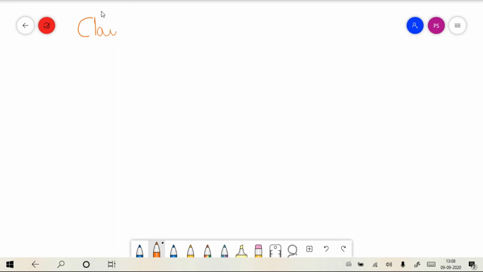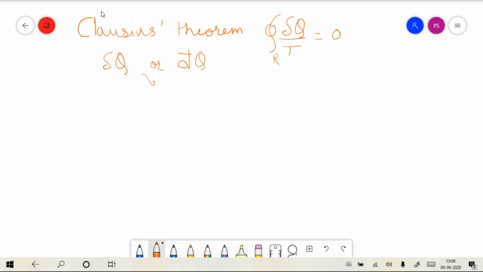So please note that either I denote it by del q or I denote it like this, dq with the slash over it. Okay, so this means that it is an inexact differential. So both ways are correct. So in the videos you will find that this sort of expression is used.